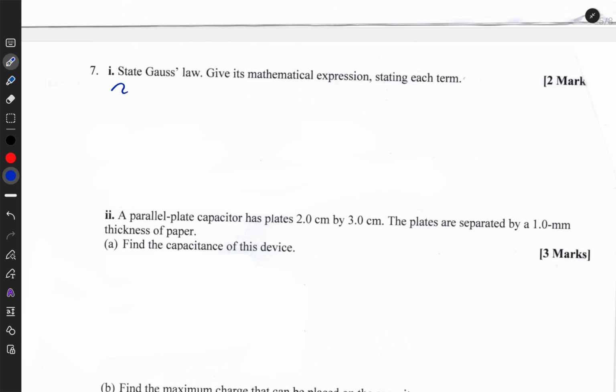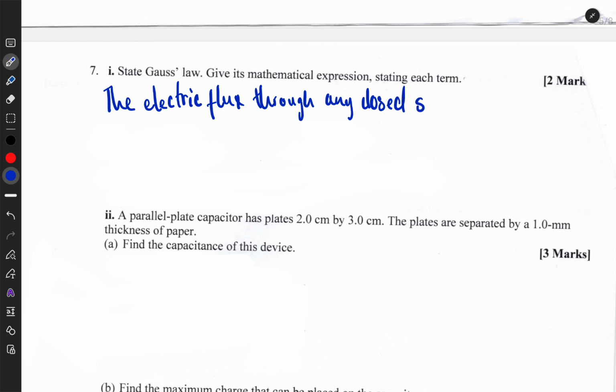Now, Gauss law just says that the electric flux through any closed surface, the electric flux through any closed surface. It's about flux. Flux is the field lines that are going through something. So here, the electric flux, the electric field lines that go through any closed surface, the number of electric field lines, like how many electric field lines or how much you have. So the electric field lines that go through any closed surface is equal to